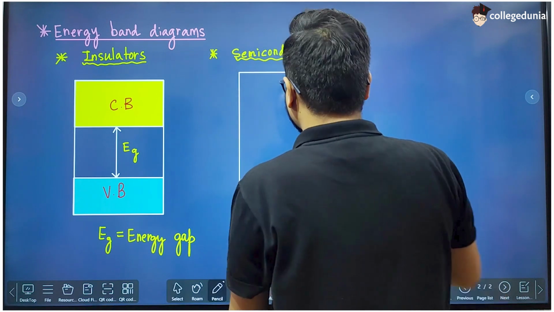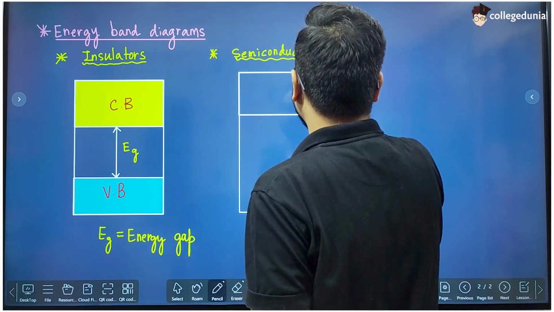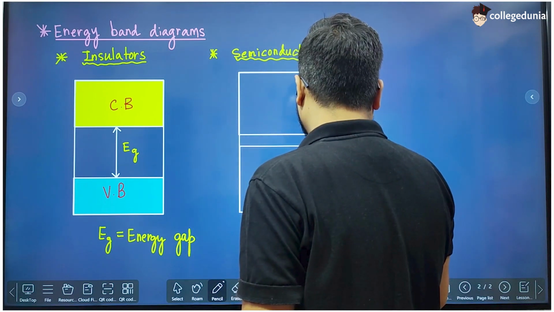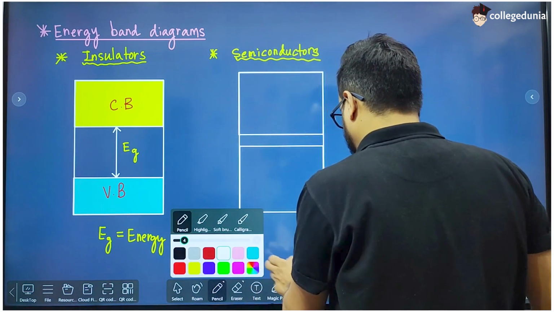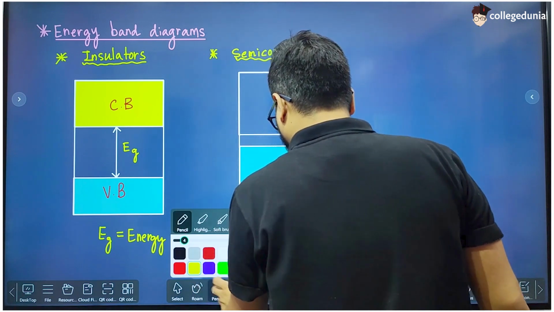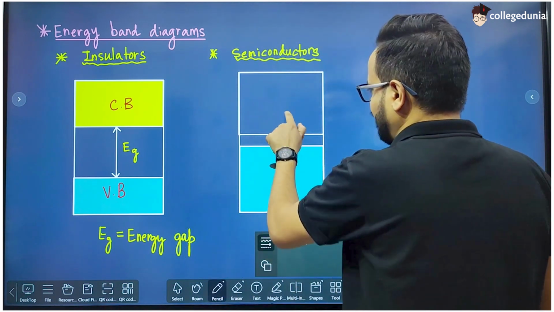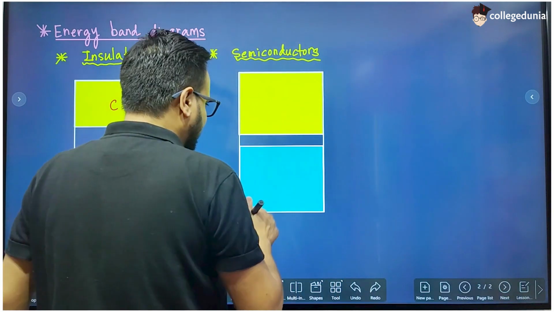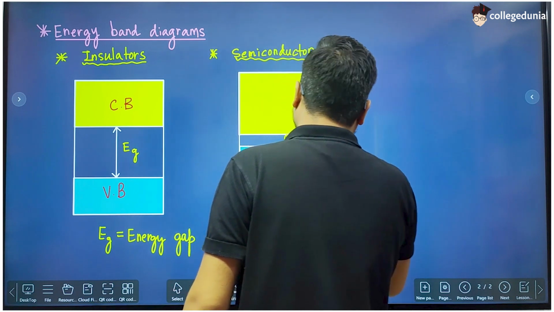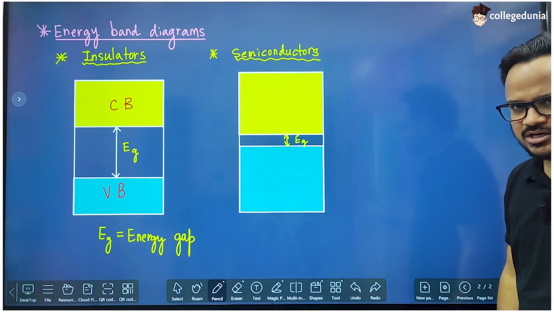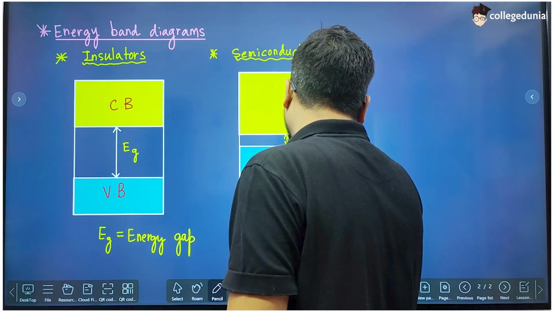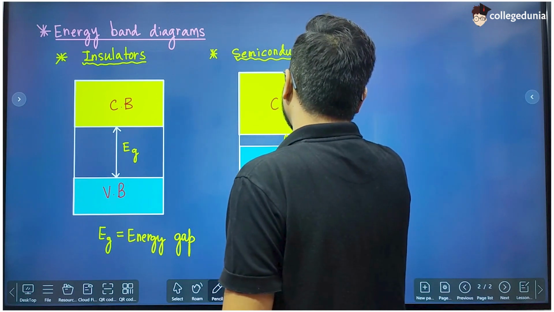This is the conduction band and this is the valence band. This very small energy gap can be overcome at a temperature of about 30-35 degrees centigrade. At 0 degrees centigrade, materials like silicon and germanium, which are semiconductors, are insulators. But as the temperature is increased, before reaching temperatures like 25, 30, 35 degrees centigrade, they start conducting.